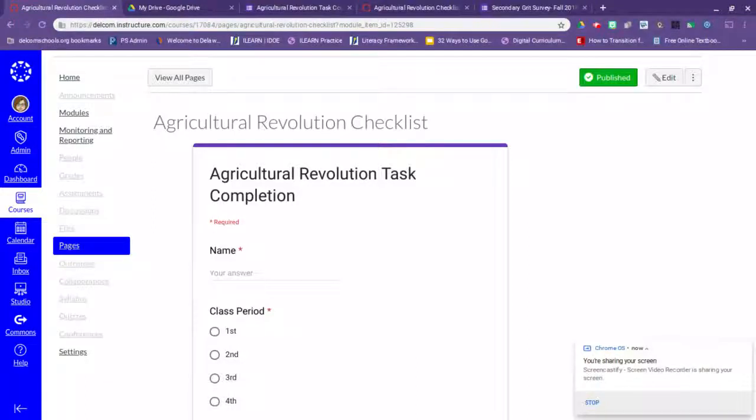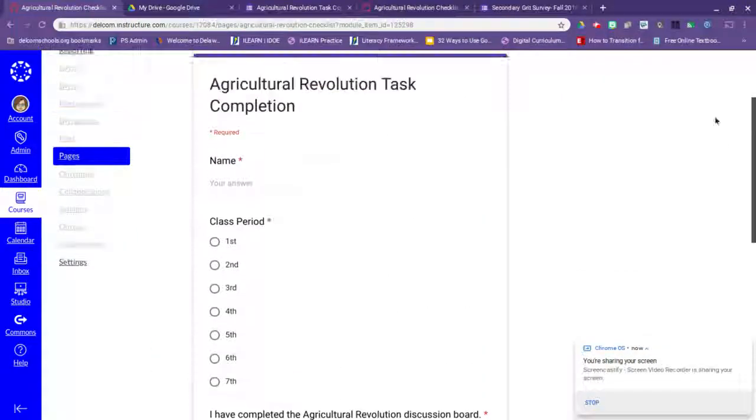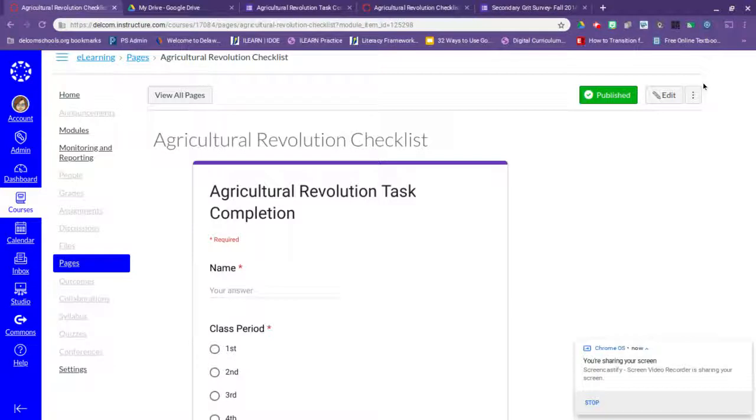What we're going to look at here is how to embed a Google form into Canvas like I have here. So you'll see the Google form fits entirely within the Canvas page, so kids don't need to go to one other place. So in order to do that, you're going to go to your Google Drive,